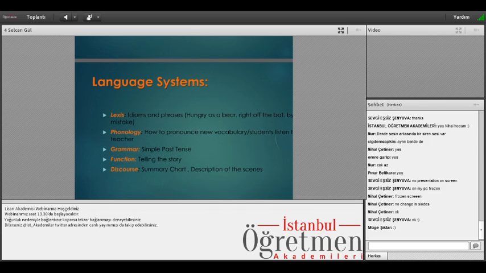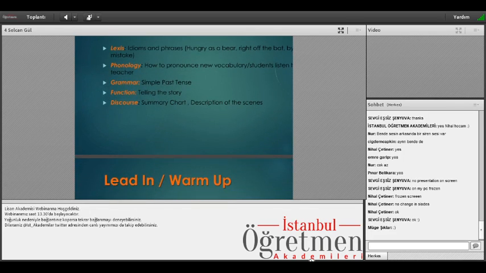And dear colleagues, if you work at a high school and use Milli Eğitim kitapları, you should have noticed that in each unit there are almost 4 or 5 idioms in the reading text. And in addition to idioms, pronunciation is also very important. While teaching new vocabulary, you don't only give the definition of the new words, but also you teach how to pronounce them. And the target grammar is simplified in this story.